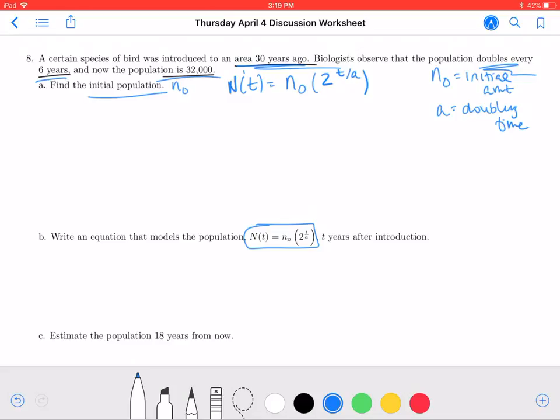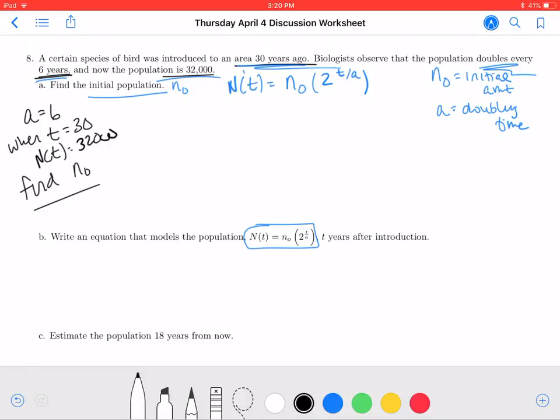So what do we know? Well, we know that doubling time is 6 years. So I'm going to let that a be equal to 6. And I also know that right now, which is 30 years since the beginning, the population is 32,000. So I'm going to plug in these values and find N sub 0. So we are going to set 32,000 equal to N sub 0 times